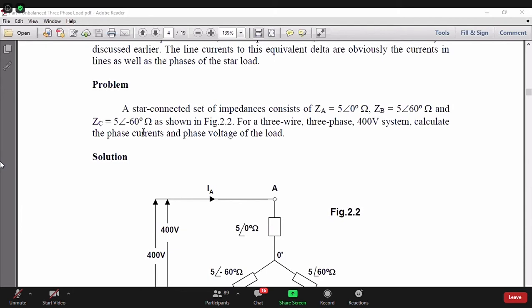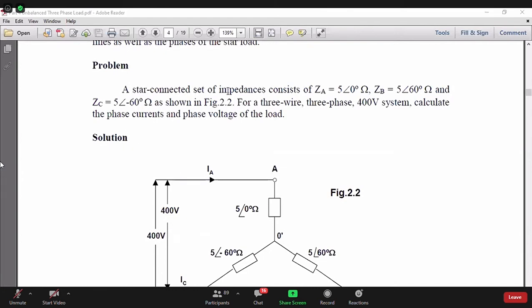That's why they are unbalanced. They are not balanced. So again, please remember all these problems I am trying to show you, all these salient features. These problems show you very, very critical features of the three-phase circuit.